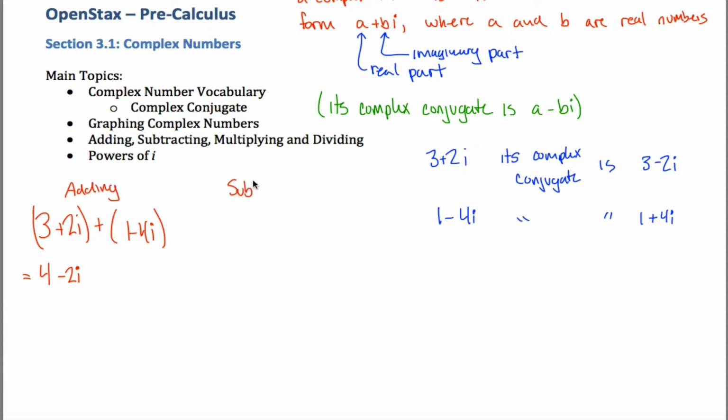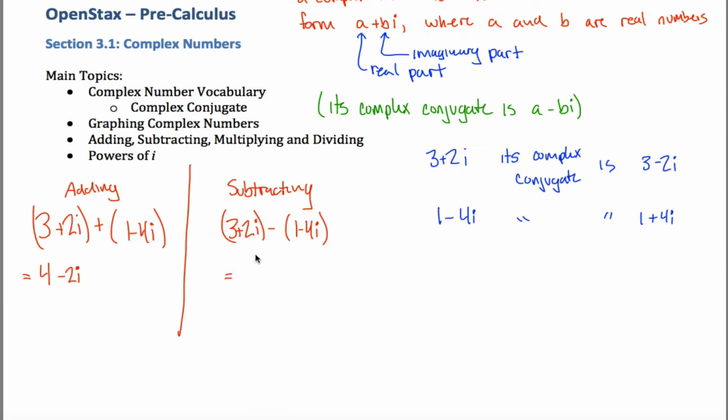Okay, what about subtracting? Well, it turns out that subtracting is not much harder. Let's do the same problem, 3 plus 2i, except now we'll subtract 1 minus 4i. Note now the parentheses are important, because without the parentheses I'm only subtracting the 1, not subtracting this entire number. To subtract the entire number, I need the parentheses, but the operations, the way I actually go through and subtract these things, I can almost treat it as though